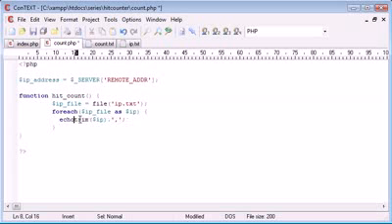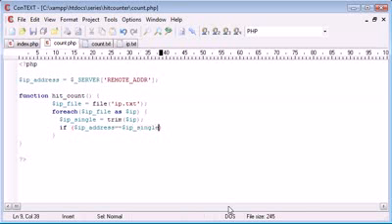So we don't actually want to echo out the IP addresses, we just want to use them inside here. So I'm going to create a variable called IP single, and that's equal to each one. So we can use this variable to check whether the user's IP address, which is up here, corresponds to one already in here. So we can say if IP address is equal to, using our double equals comparison operator, IP single, do something,